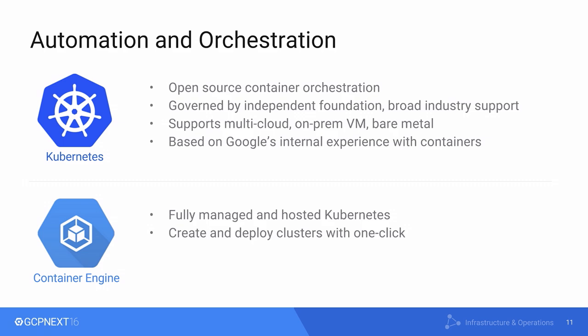And with that, based on that experience, we've developed Kubernetes, which is an open source container orchestration system. And we've made it available. It's governed by an independent foundation and is enjoying broad industry support. Importantly, we're embracing the concept of multi-cloud, as well as on-prem VM, bare metal, so you can use Kubernetes in